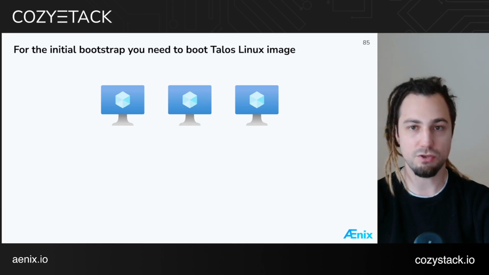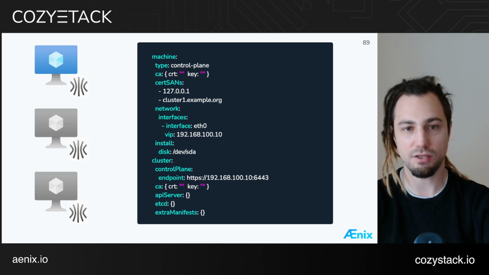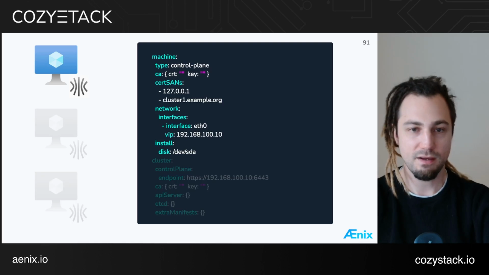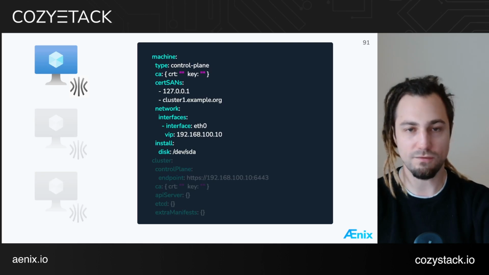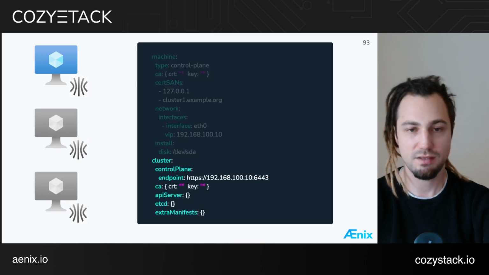So if you want to use Talos Linux, let me explain how it works. You just boot this image in your machines, and then you can configure it with a single configuration file. This single configuration file looks like this. It consists of 2 sections: the machine section, which describes a specific machine, and the cluster section, which describes the configuration